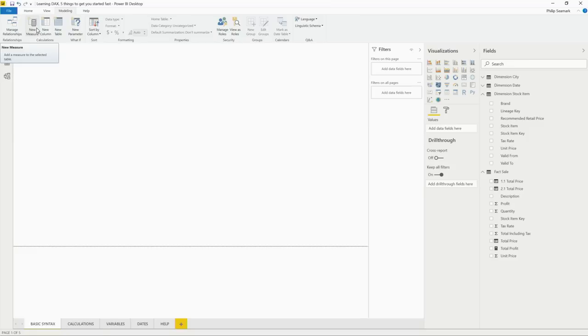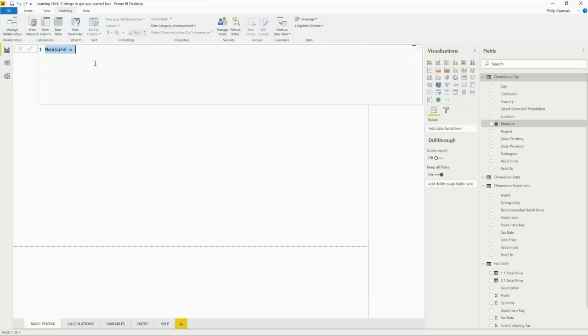And for the purpose of syntax, what I'm going to do is just click on New Measure. Now, straight away, it's giving me a dialog area that I can start typing in. So this is where I can create my formula. Excel will have something similar, and the other tools where you might write DAX are the same. And the first thing it's enabling me to do is give my calculation a name. So anything that I start typing to the leftmost side will be the name of the calculation.